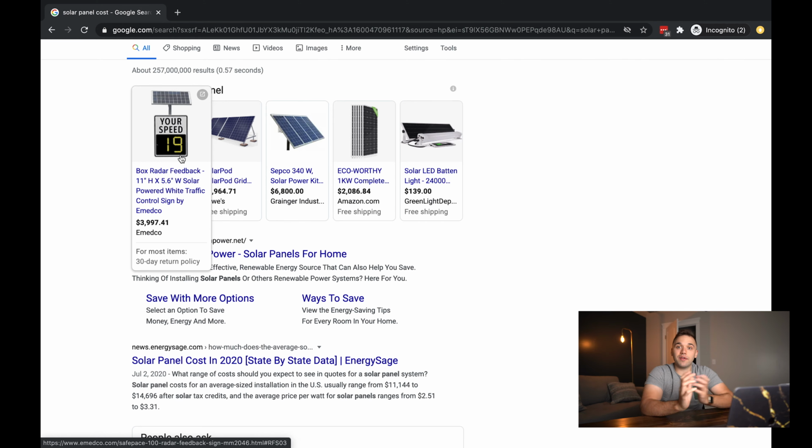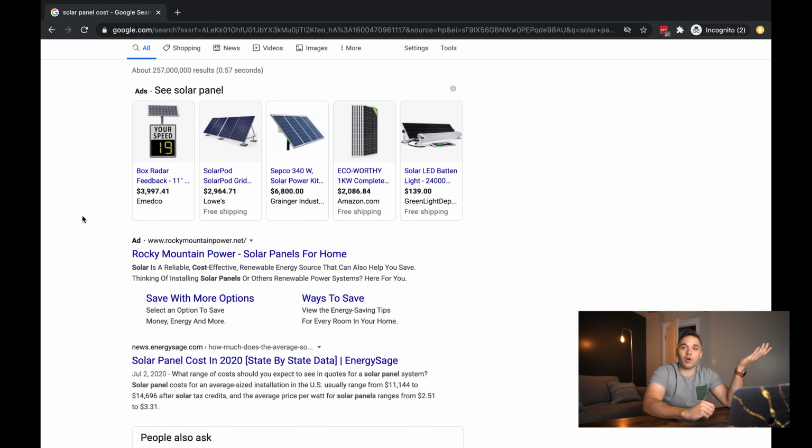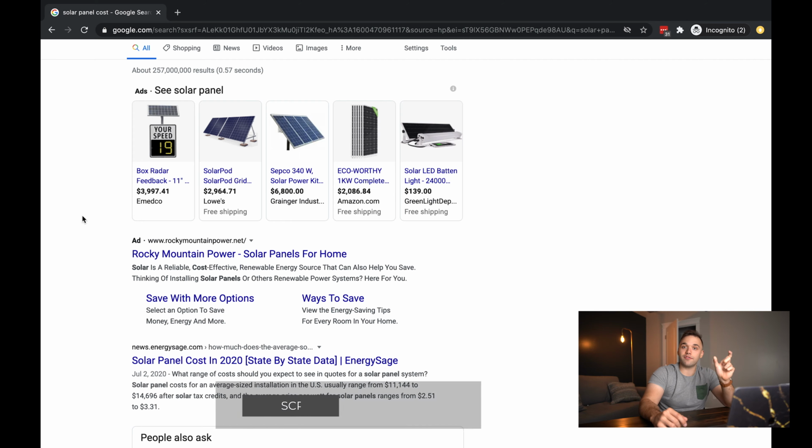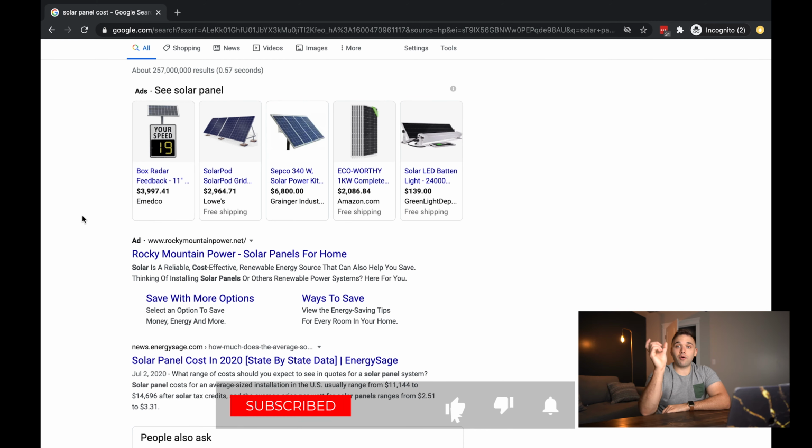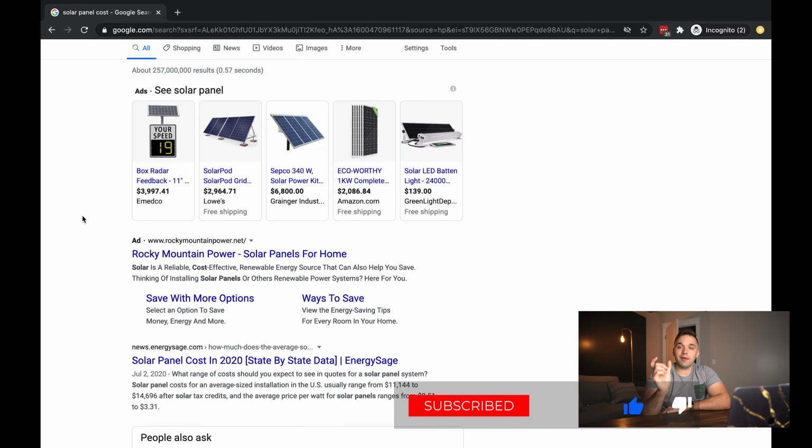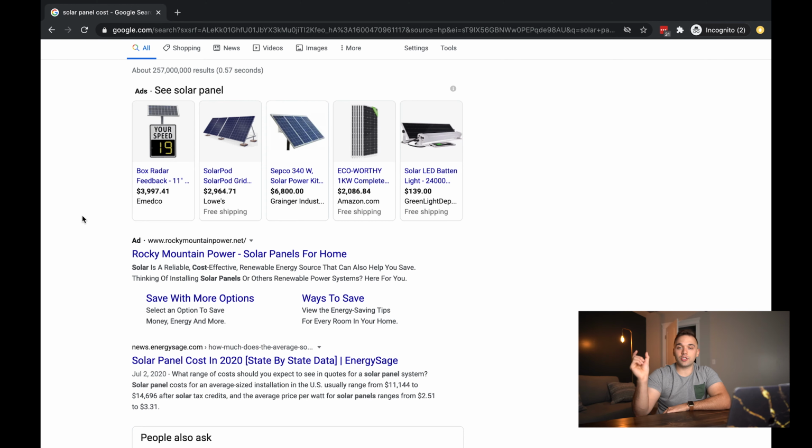Let's say we have two competitors, Rocky Mountain Power and California Power, and both companies are willing to spend $5 per click. But Rocky Mountain has a 10 out of 10 as far as relevancy, so their effective buying power is 50. California Power only has a 5, which means their effective buying power is 25.